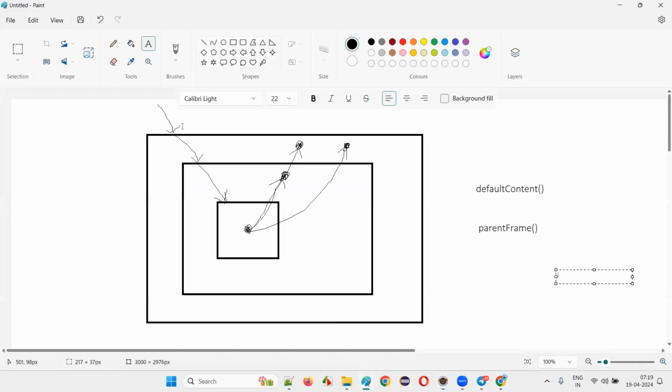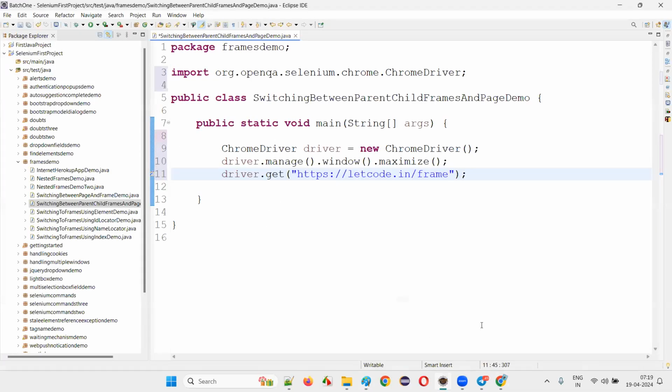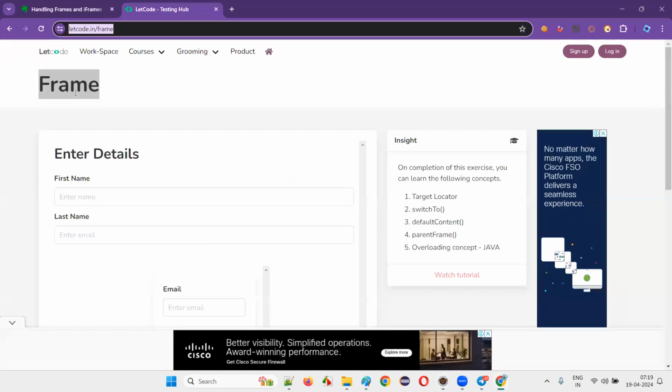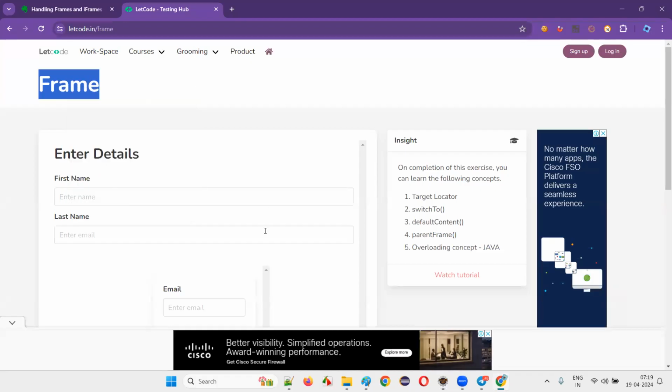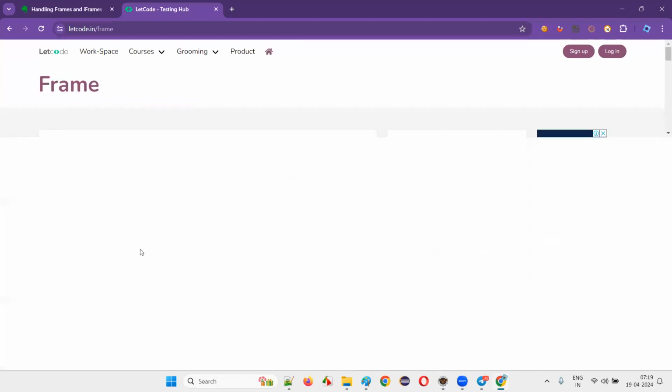Now where I am actually, here on the page level I am, okay. I'm on the page. When I open the page, this is the location I am, okay, on the page. The page heading is on the page. So it's very easy for me to get the heading of the page. I'll simply right click here. Since my focus of the Selenium is on the page level, I'll inspect this. Once I inspect that,